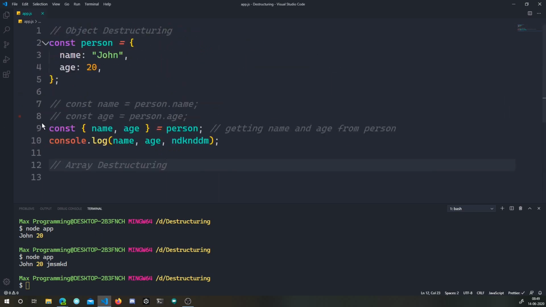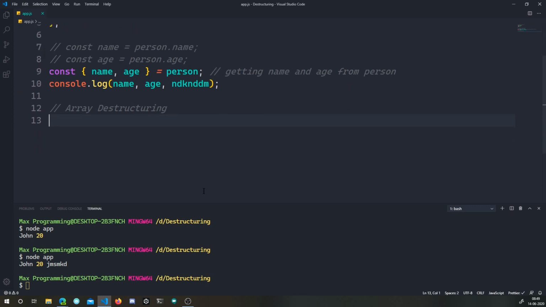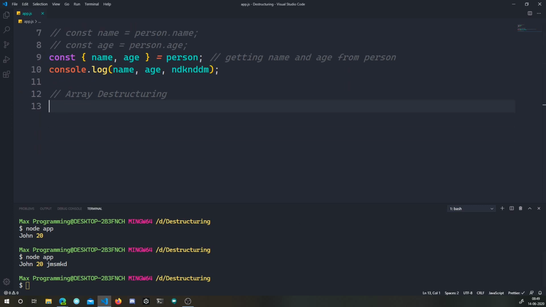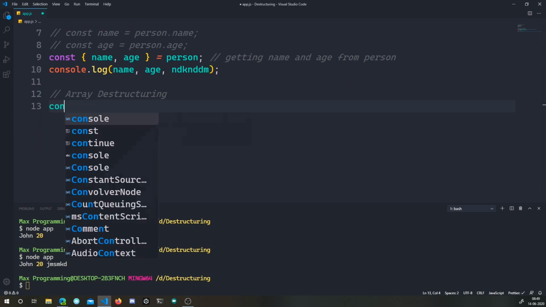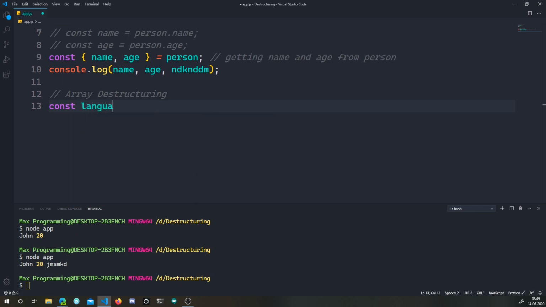This is similar to it but a bit different. So for example, if we have an array, let's say const languages is equal to an array. Okay, so we are going to pass in some programming languages here. So for example, let's say C,